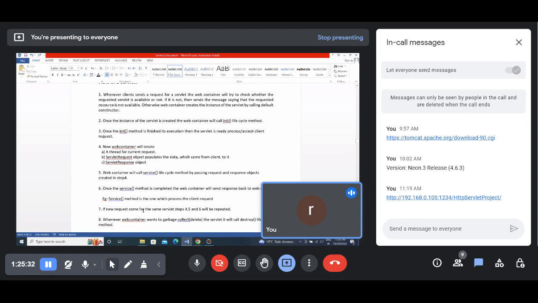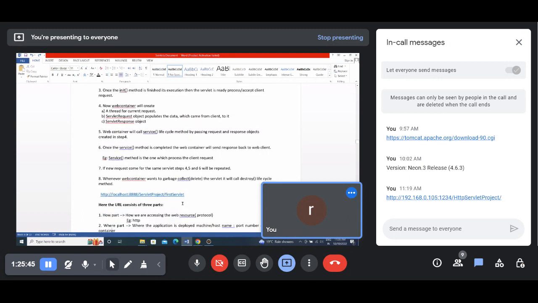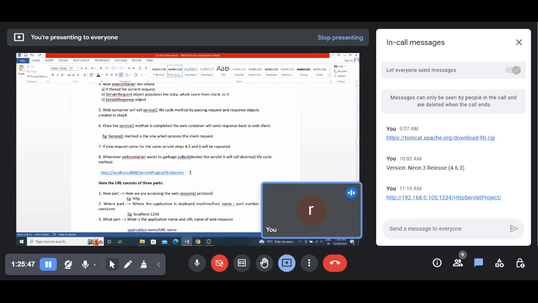If any new request comes again to the same servlet, only these three steps will execute. The init method, constructor, creating the object, all those things will not execute multiple times. That's only one time. After that, the last point: the destroy method will be called by the web container at the time of deleting the servlet object from the server. Okay,